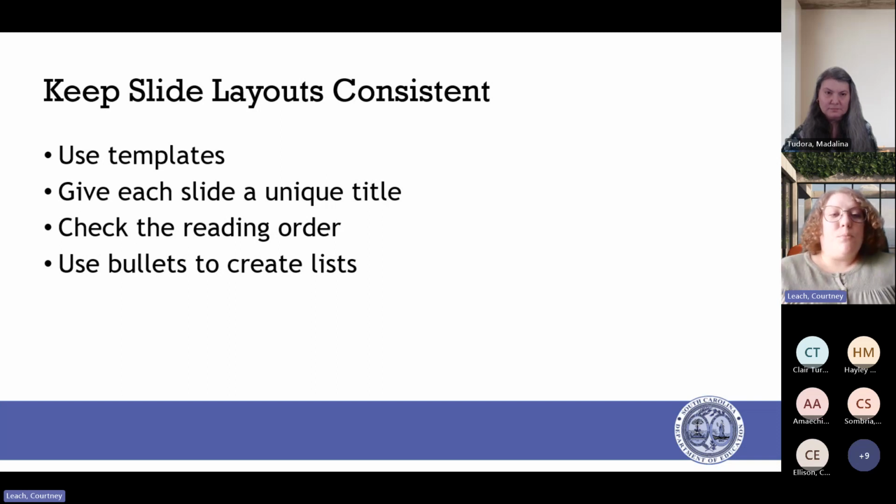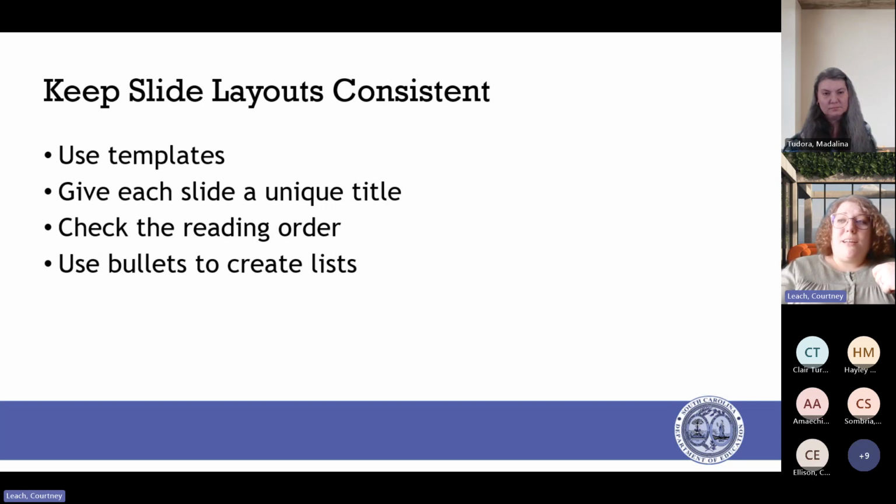What that does is it provides screen reader programs with code so that the boxes are read in a specific order. That ensures that your reading order is how you want it to be, so that your content is read to the person in the way that makes sense, in the way that you intend it to be read to them.